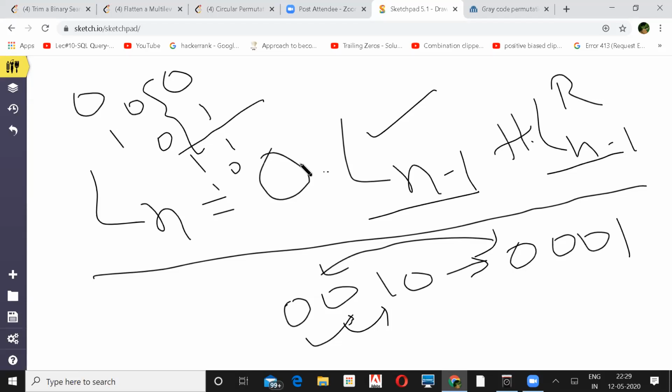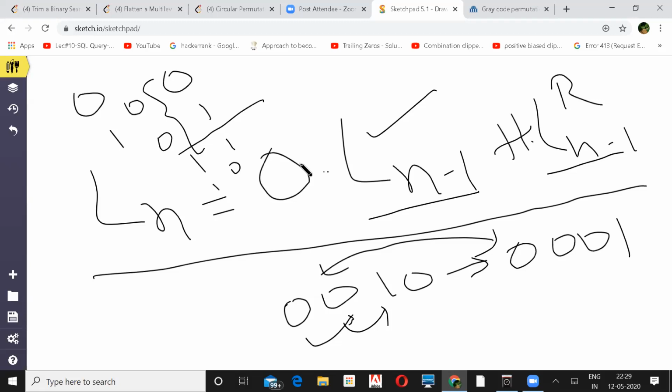If it differs by one digit, what should be the XOR of it? After you do an XOR, n and n minus 1 should be equal to 0. If both are the same, then the XOR of those two will be 0. If they are different, it will be 1.